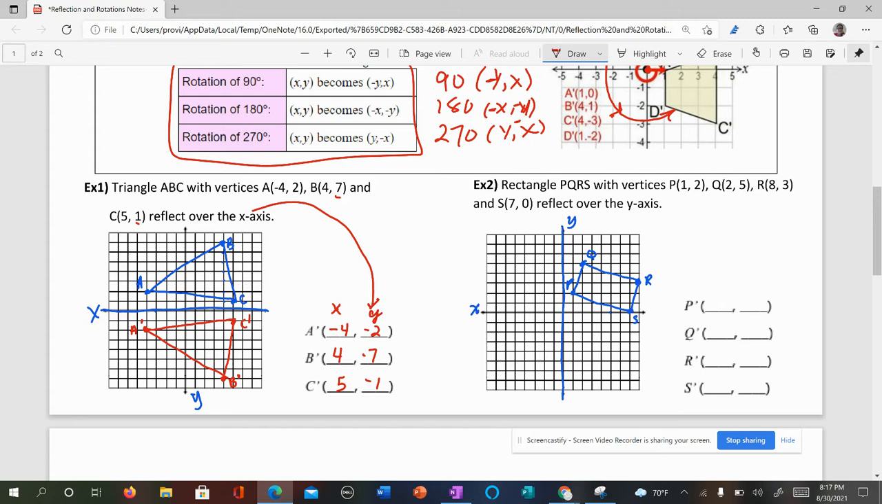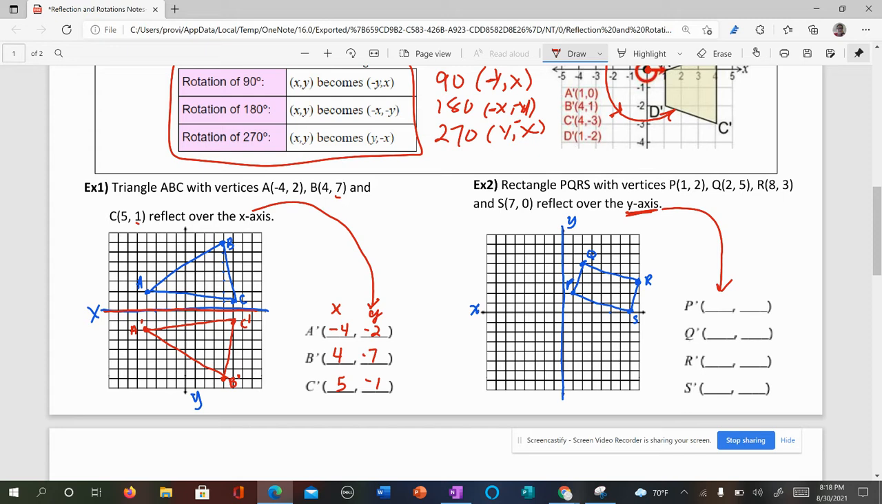So if you were to fold your paper on the x-axis right here, would the two shapes coincide? Would they touch and overlap at every part? And if we did it exactly with the ruler and everything, it would. It looks fine. Okay, so now we're going to reflect over the y-axis, which means the other variable, the x,